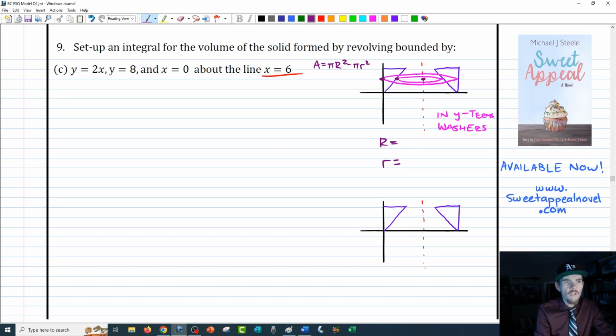So setting that up, if we want to talk about the big radius, that's going to be right minus left, and our left is just going to be the y-axis, which we know is 0. So the big radius will always be 6. That makes sense. That's a vertical line on the outside, so this solid will look like a cylinder from the outside. As far as the little radius, we'll again start at the axis of revolution at 6,